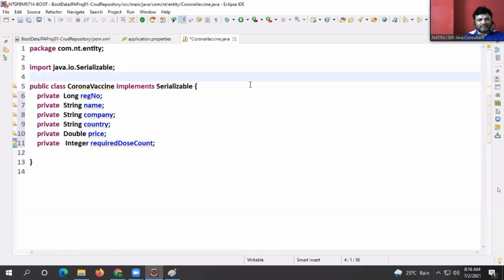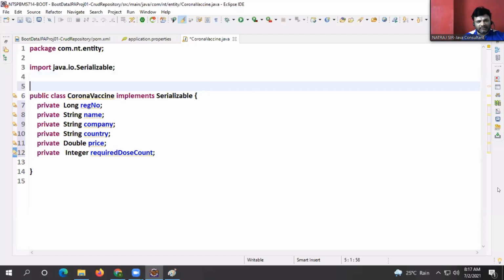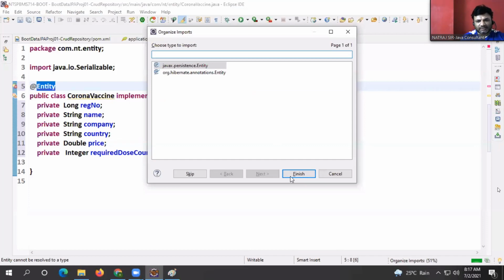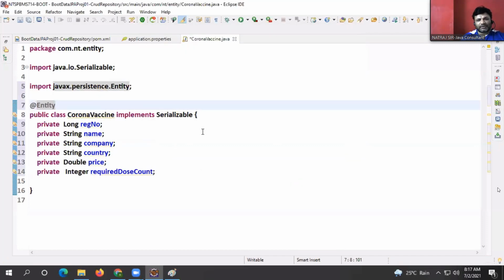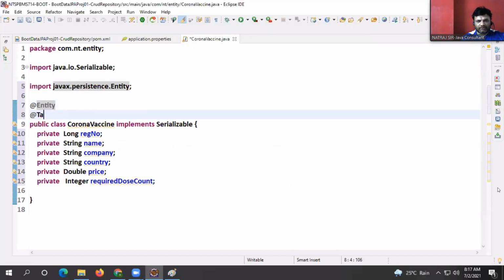Right? This is enough, boss. This is the table we are having. Now listen. Entity, to tell that it is not a normal model class, it is an entity class. Right. Now listen, @Table, name is equal to,